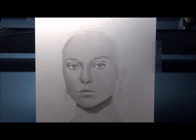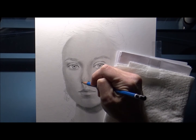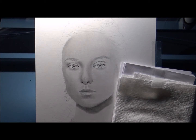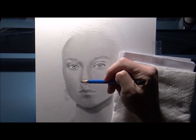So I'm going to take, I think, a 3B pencil. Here's one. And just make this cast shadow a bit larger, this area here, this region. And yeah, I like that a bit better. And now I'm going to take this B pencil and I'm just going to work the shading in here a little bit more,